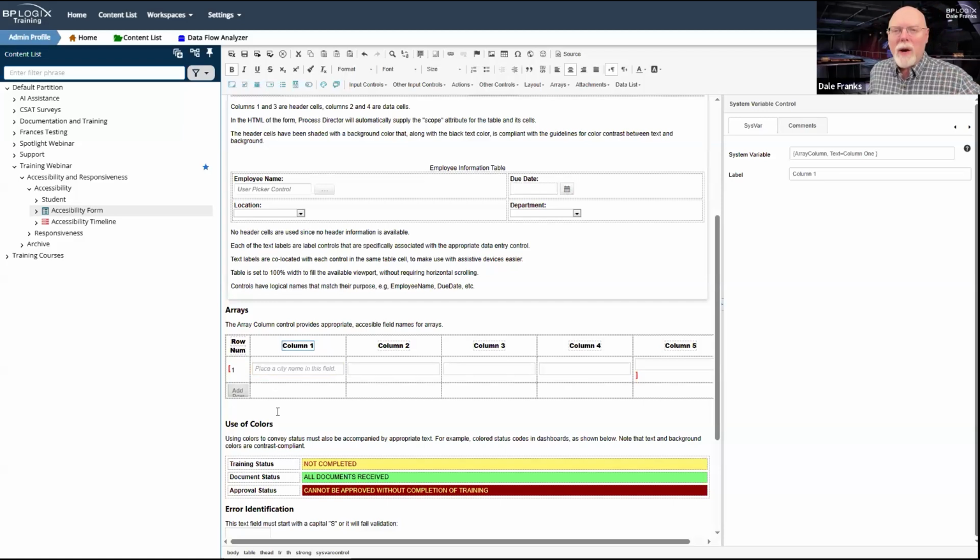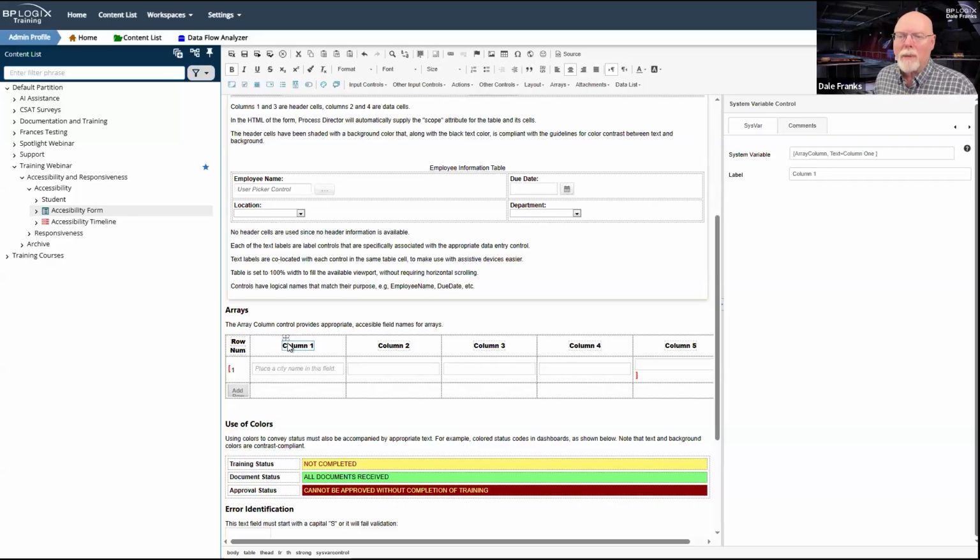Well, this is a weird thing that the accessibility guidelines don't really cover because it's one of those super edge cases. I mean, for most of us, we do arrays fairly routinely, so it doesn't seem like an edge case. But in the big wide world of just seeing stuff on the internet, it is an edge case. So what we have is the array column control.